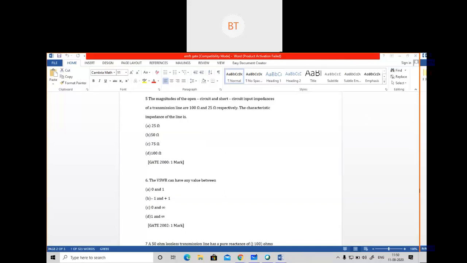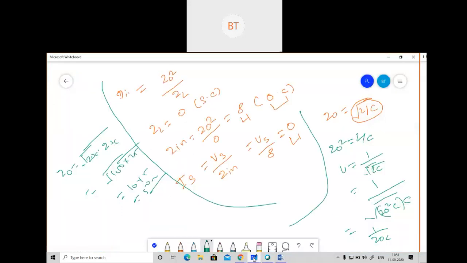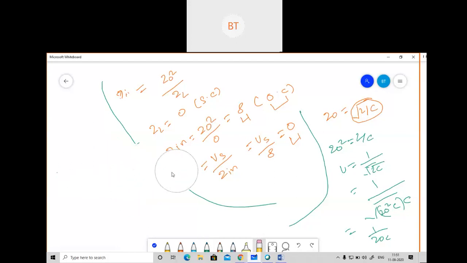Ritika, you are correct. Ritika, how did you think that it would be 1 to infinity? How did the idea come to you? Please reply how you got this D answer. It is correct. Amisha, no, D is correct, from 1 to infinite. I will show you how to solve it. First, Ritika was correct about the reflection coefficient value. Very good, Ritika. So I'll solve it for Ritika and for the others.